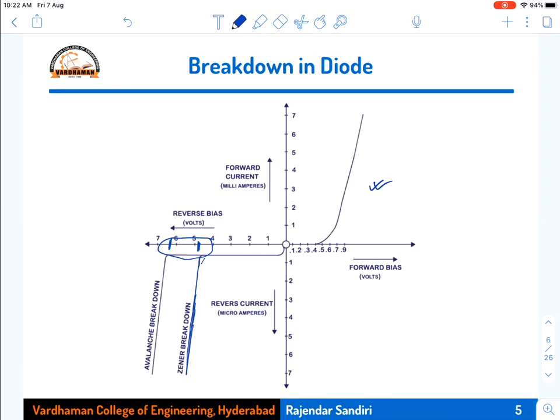So in the same diode, Zener breakdown and avalanche breakdown do not both occur. The diodes which are lightly doped, avalanche breakdown occurs. The diodes which are heavily doped, Zener breakdown occurs. But for a given diode, two breakdowns will not occur. But here, just to compare the voltages, that Zener breakdown voltage is less than the avalanche breakdown voltage, both the graphs are drawn in the same plot. But the diode exhibiting the Zener breakdown mechanism does not exhibit the avalanche breakdown mechanism, and vice versa. Okay, so this is the graph representing the breakdown regions of the diodes.